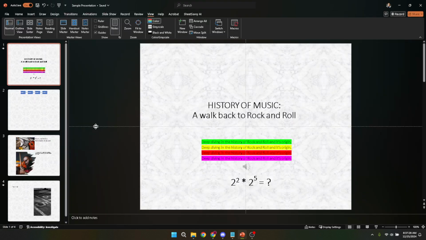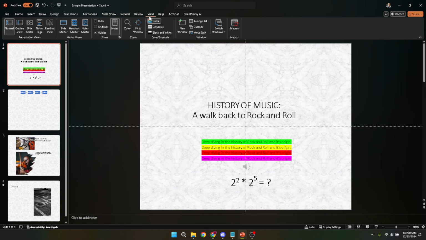Now with your PowerPoint file open, we're going to head over to the View tab. You'll find this at the top of your PowerPoint window, among the other tabs like Home, Insert, and Design. The View tab is your gateway to managing how you see your slides and work environment in PowerPoint. Clicking on it will reveal several options that affect the overall appearance of your canvas.